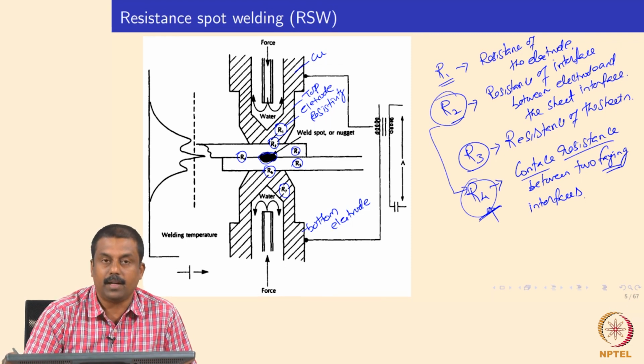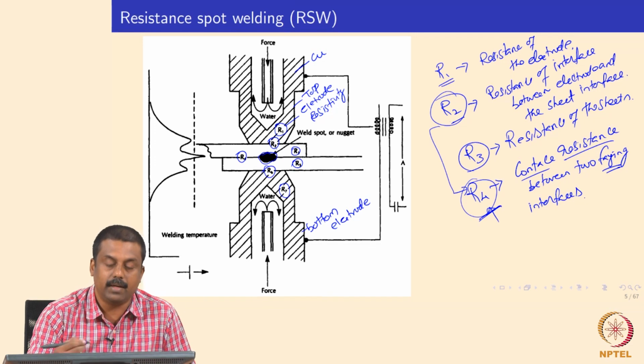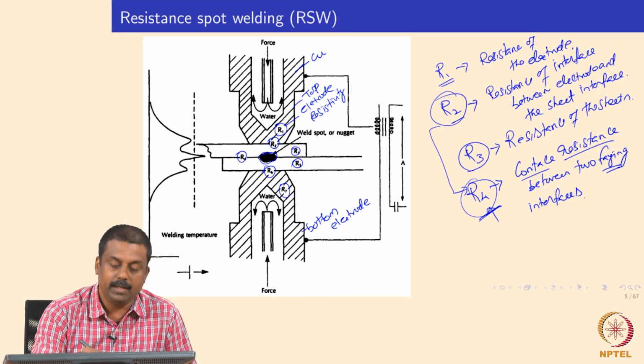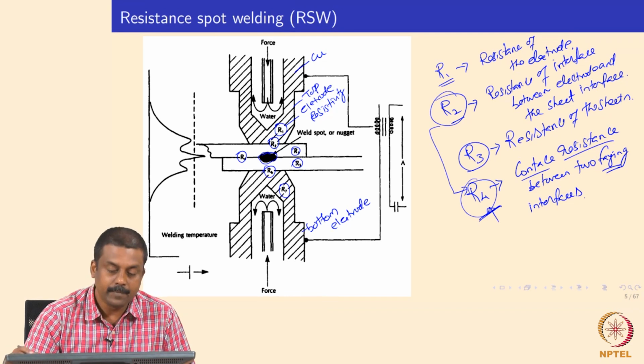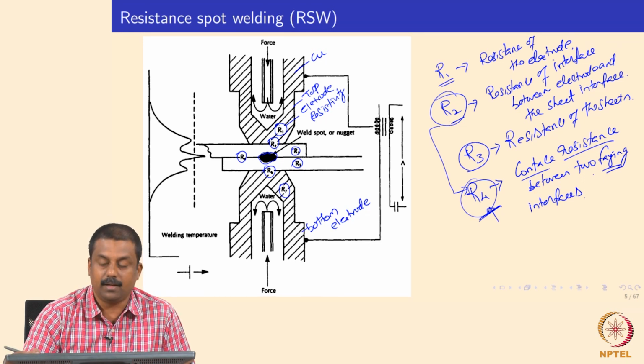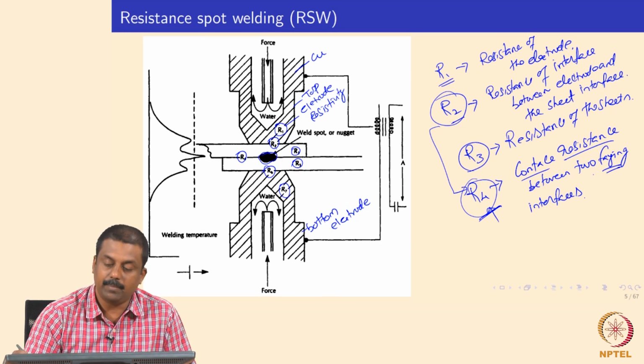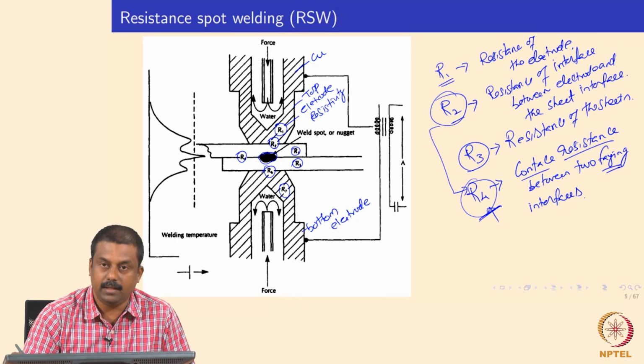That is the contact resistance, given by the surface roughness as well as the load we are applying to keep the interfaces intact. The various factors, surface roughness, or the surface morphology, and the oxide layer or the galvanized layer in sheets, all of them will determine your contact resistance at the interface.